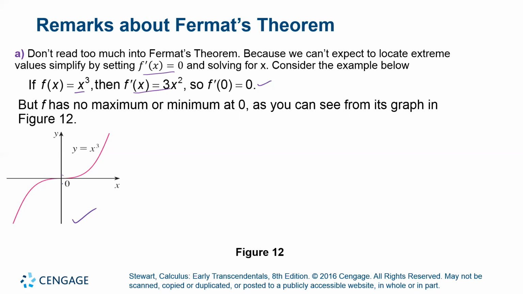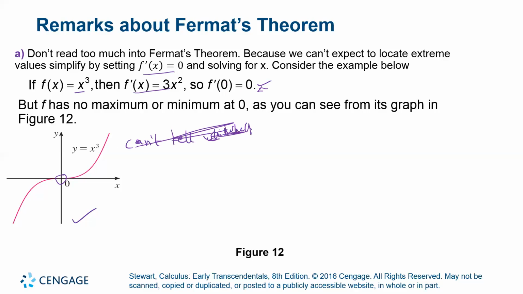So we are saying that at this point, we have what? Local maximum or local minimum, which is not true, because here we cannot tell. We can't tell whether the function has a local maximum or local minimum. So it doesn't have one, and yet f prime at 0 is equal to 0. So we could say that this is a minimum value or maximum value? We can't tell. So that's why I said don't read too much into